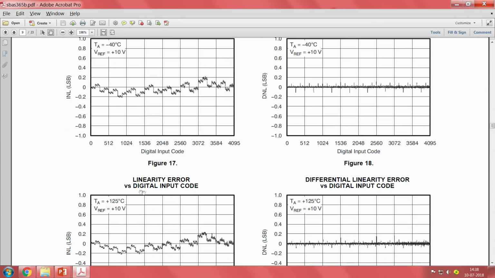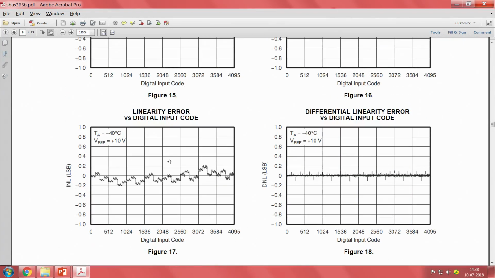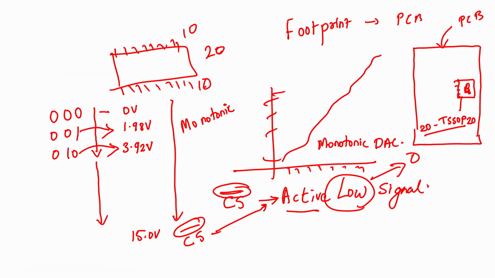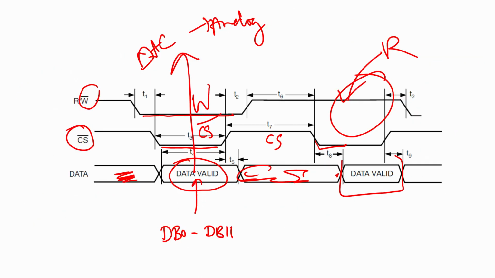So, linearity error, what is linearity error versus digital input code? Linearity error is what I told before, the same thing. We have covered monotonicity right here, this is monotonicity, correct. In monotonicity also, it can be monotonic in two ways. How? Let us see. I told you that digital input will be there and analog output will be there, and if it is monotonic it will be like this, but then it may still be monotonic, but it may be like this, or it may not be a linear relation.